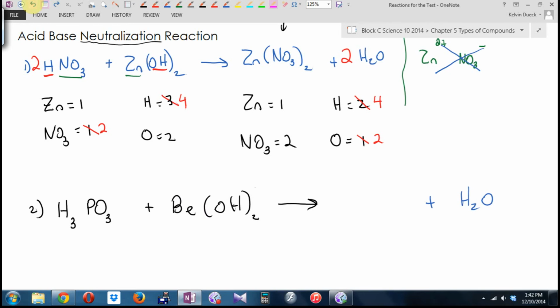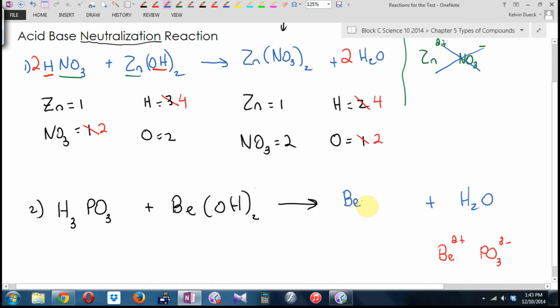So, off in the margin, I have beryllium. What's the charge on beryllium? 2 plus? Cam, you see how we found that? I have PO3, which is either phosphite or phosphate. Heck if I can remember. PO3 is phosphite. What's its charge? 3 negative. So first of all, just getting the right formula, the right ratios, it's going to be,